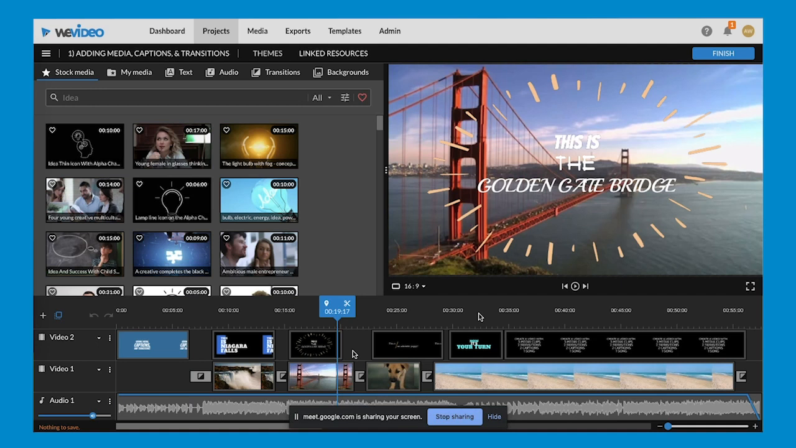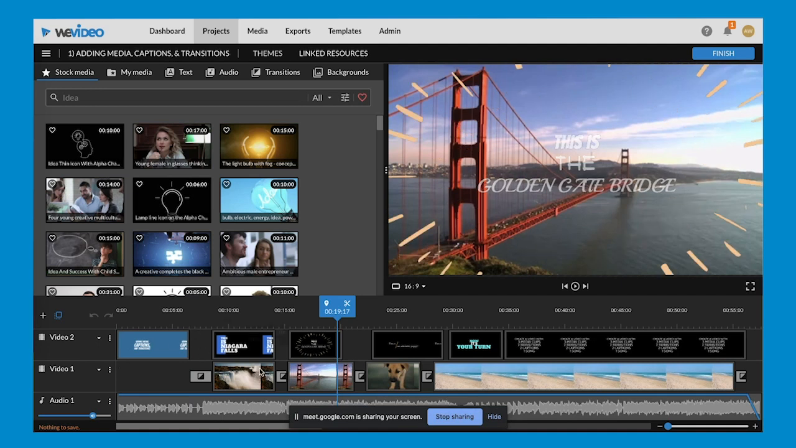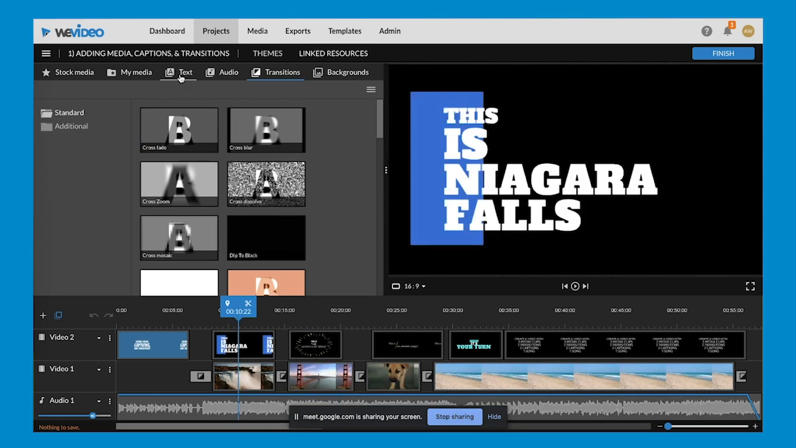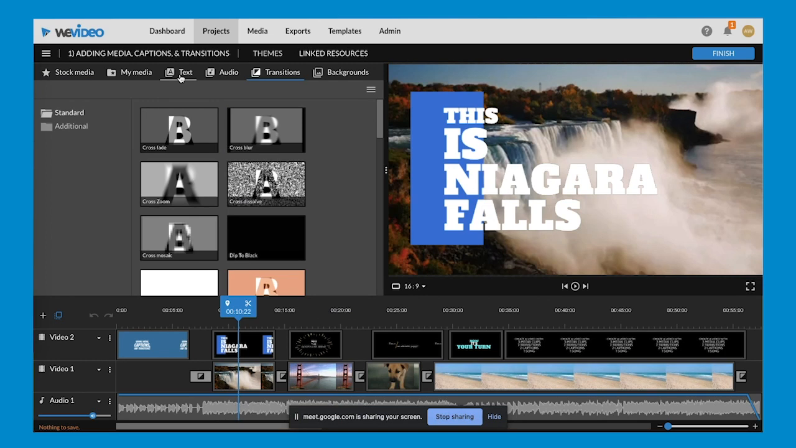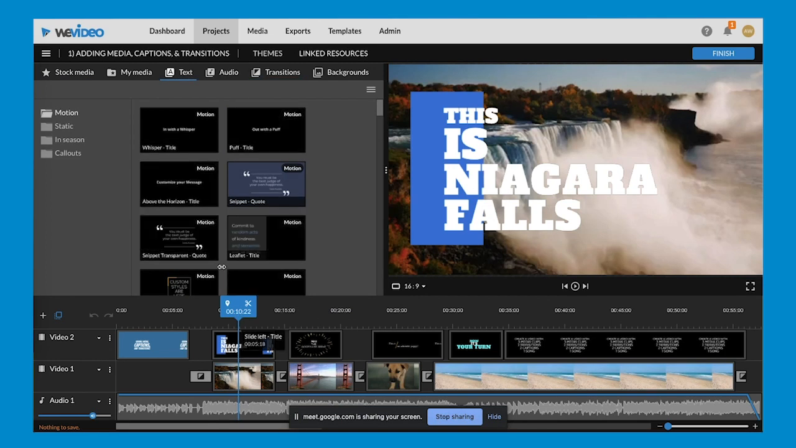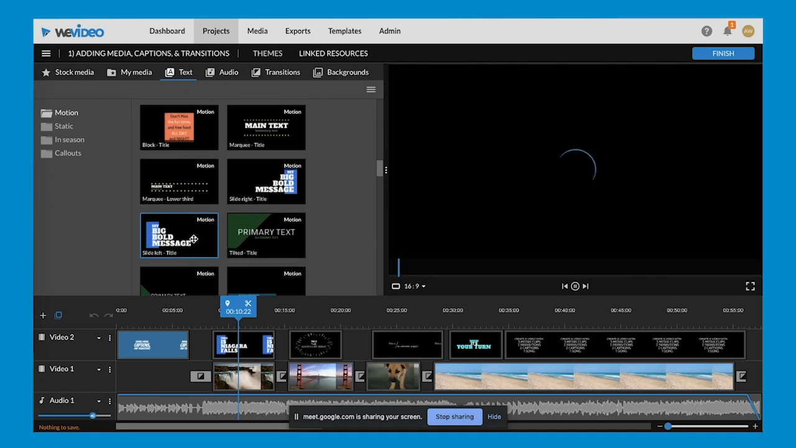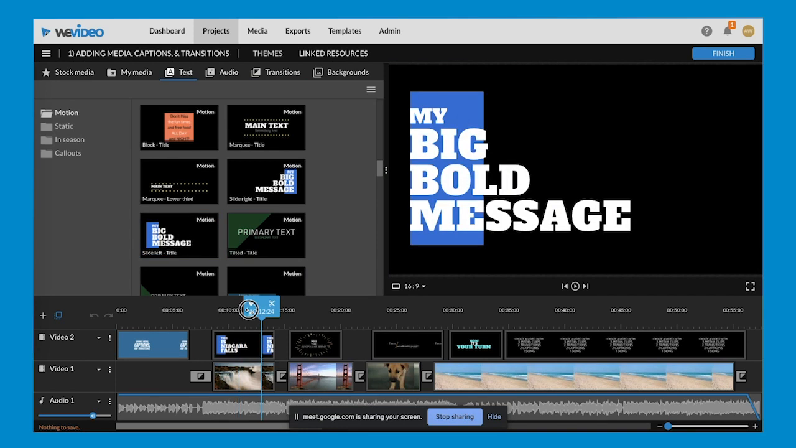So just like I showed you earlier, creating something like this is very simple. You would just use the stock media to add some of the clips that are found here. Then you would go to the transitions tab to add some transitions in between these clips, as you can see here, these sections right here. And up at the top, these are captions that I added from the text tab. So for example, this one, I used this one right here, big bold message, and I just dragged it into my timeline, and then I modified the text so that it says this is